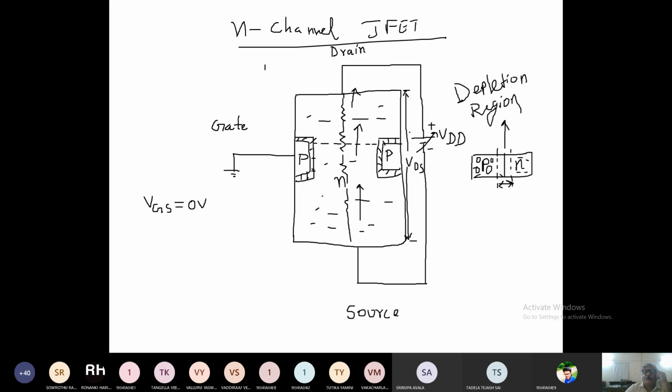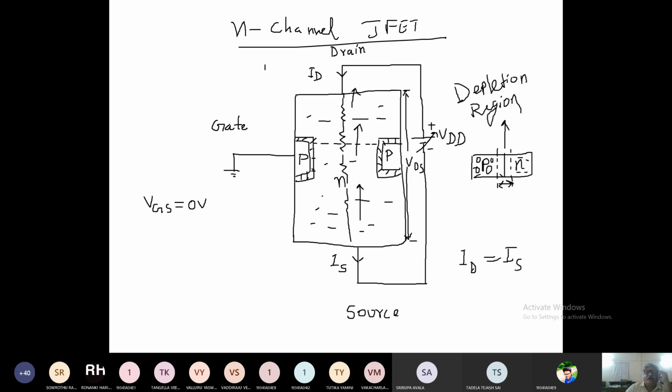So you will find a current is flowing. What is the direction of current? It is in the opposite direction of the flow of electrons. In the drain, there is a current. We call it ID, the drain current. Okay. And in the source terminal, you will find the current in this direction, and it is your source current, IS, right? So remember here, ID is equal to IS.